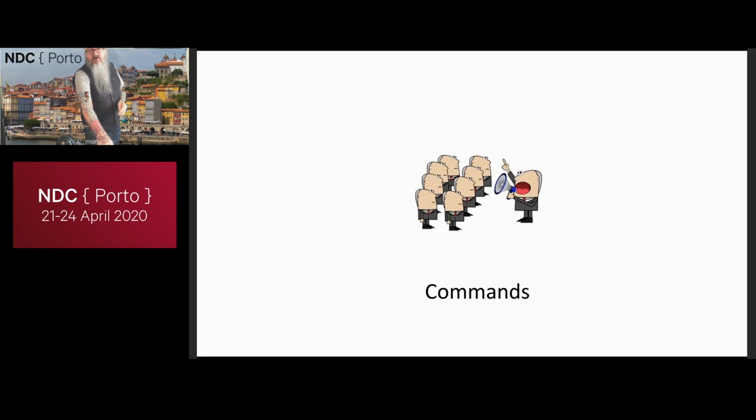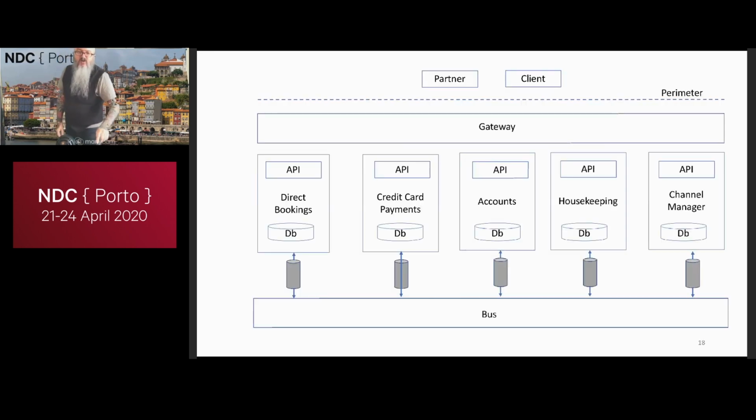When we think about commands, what I mean is we issue some instruction or request to the backend microservice to update something, to change something, to carry out some work, for example, like making a hotel booking. One of the questions is going to become, how does that work actually happen? So this is a typical kind of layout I might have for a microservice.